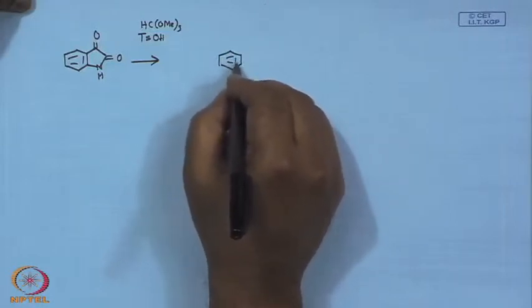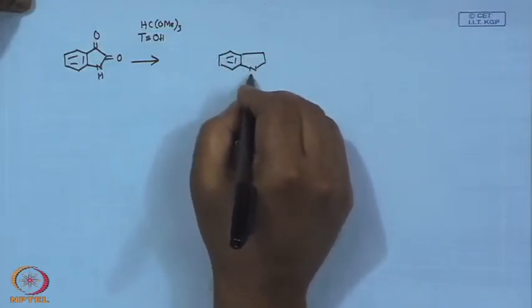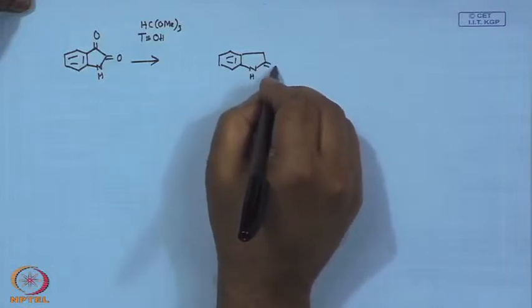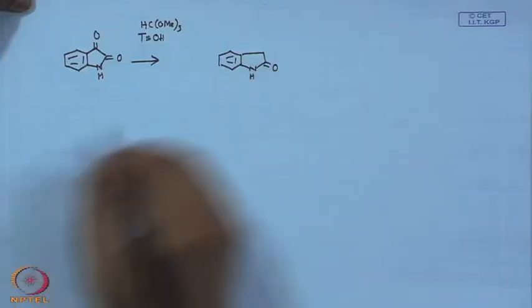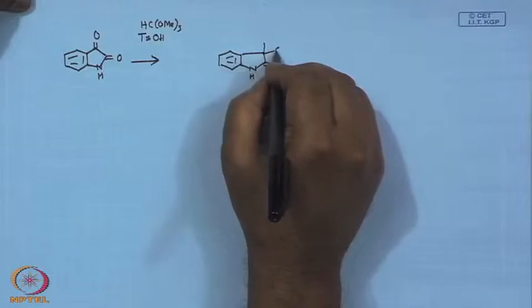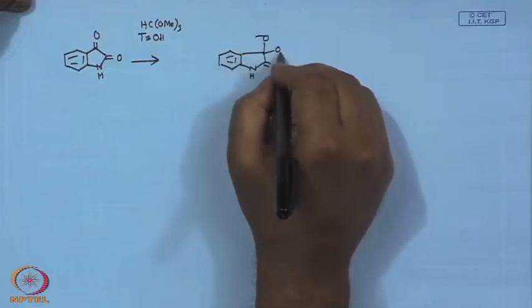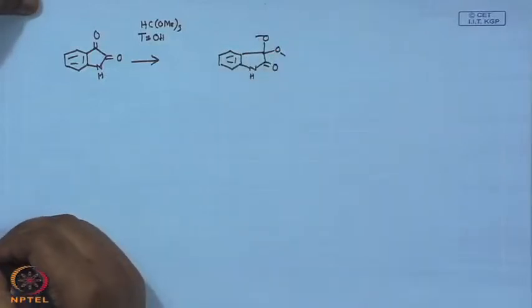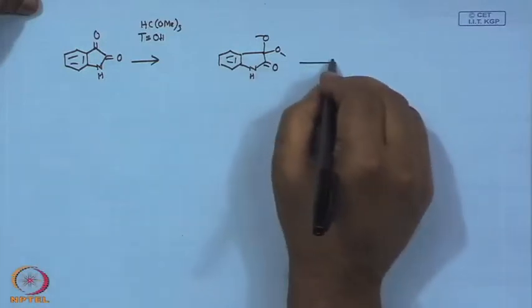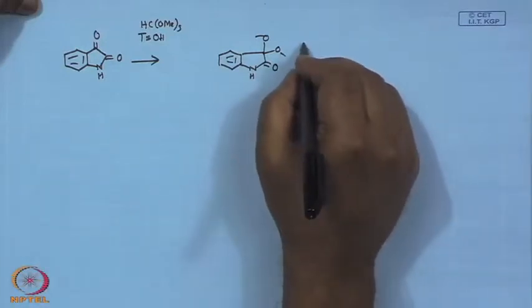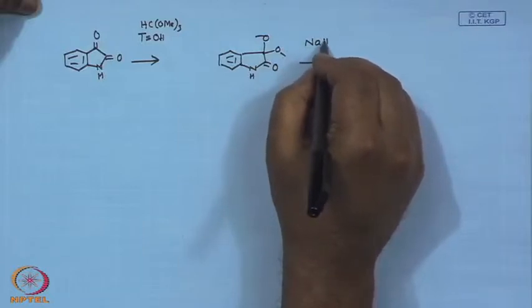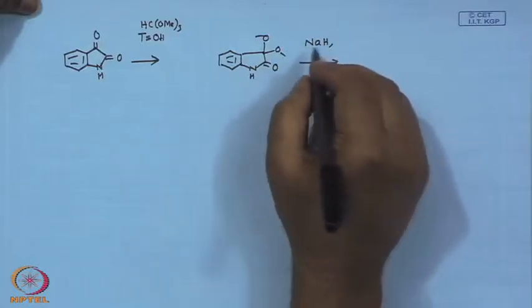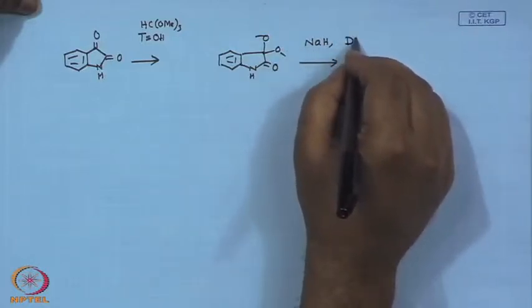It would, because there are two kinds of carbonyls, one is an amide, the other is just a ketone. So, it will undergo ketalization, right, it will undergo the ketalization. The next thing that is done is sodium hydride, and then one new reagent is used, that is called